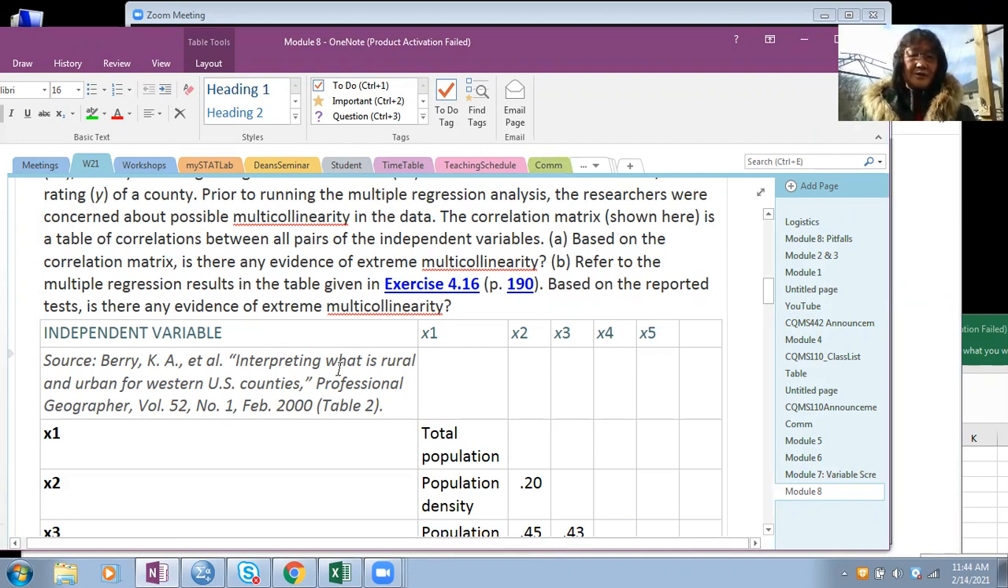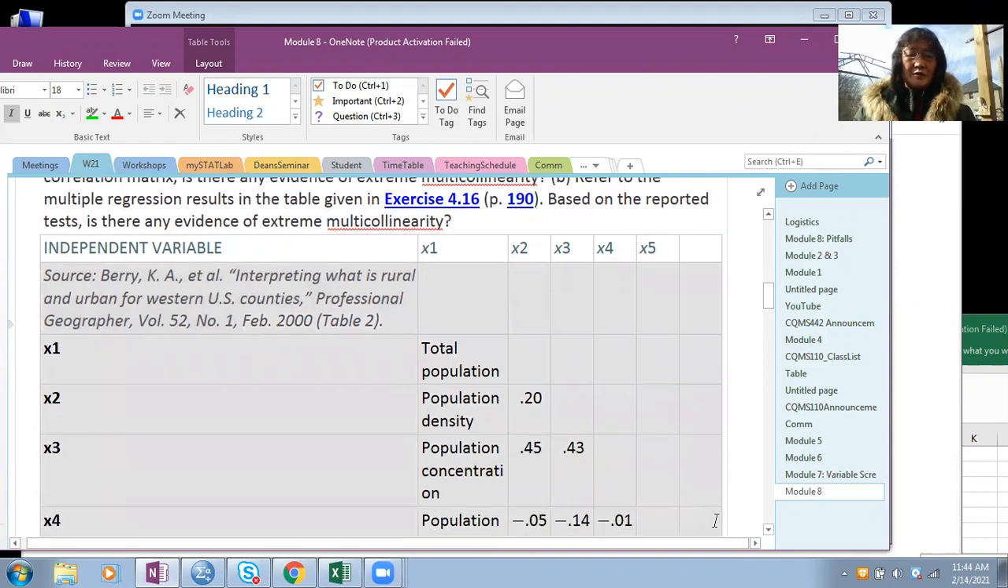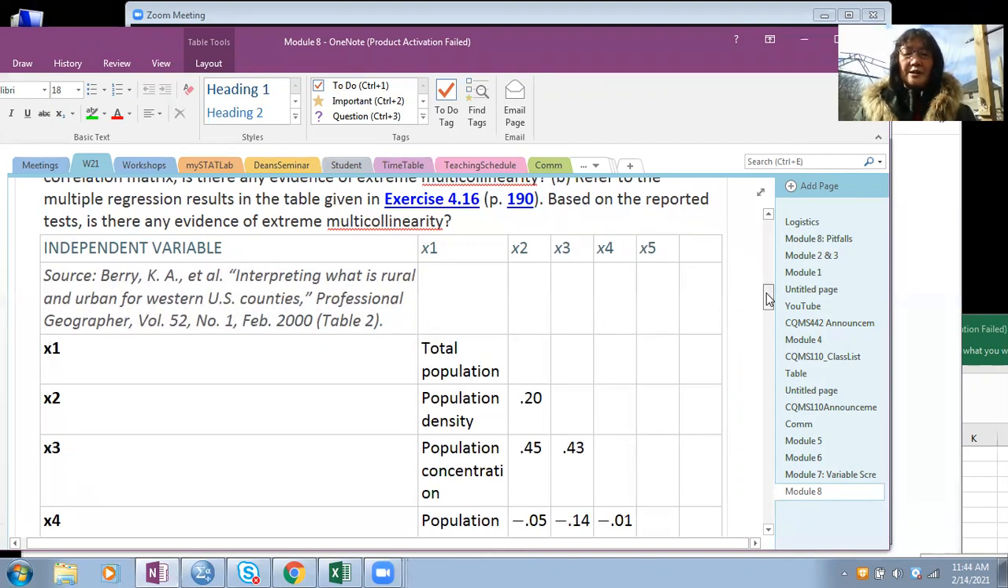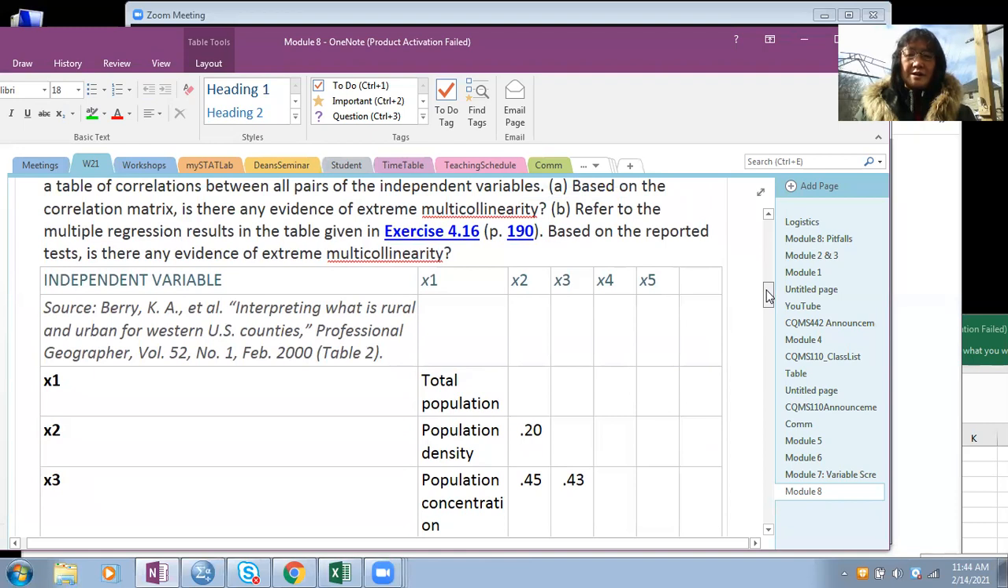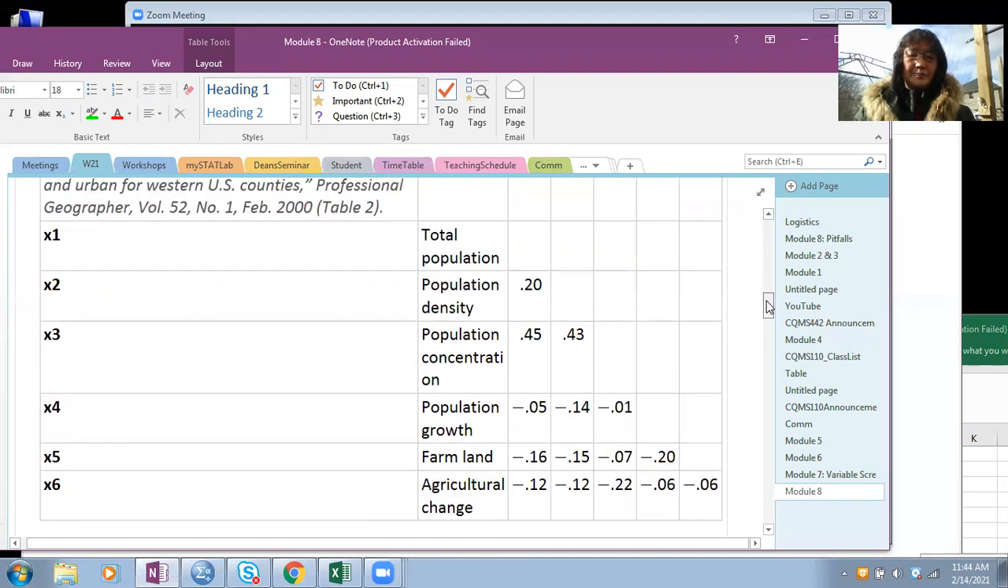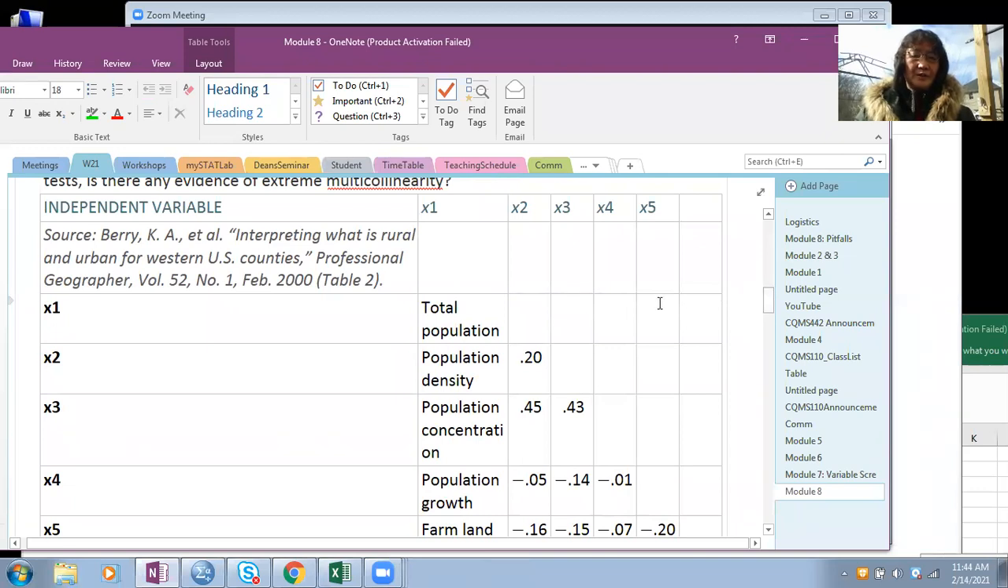So the first question is based on the correlation table, this table here, for every pair of independent variables. And the question asks you, does any multicollinearity exist based on this table? So now let's examine this table. For example, the correlation,